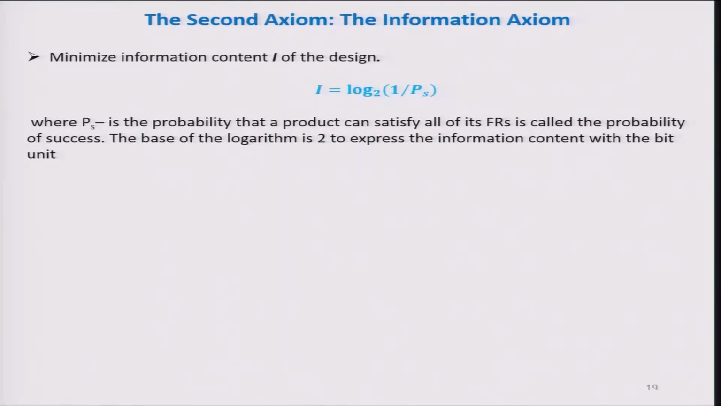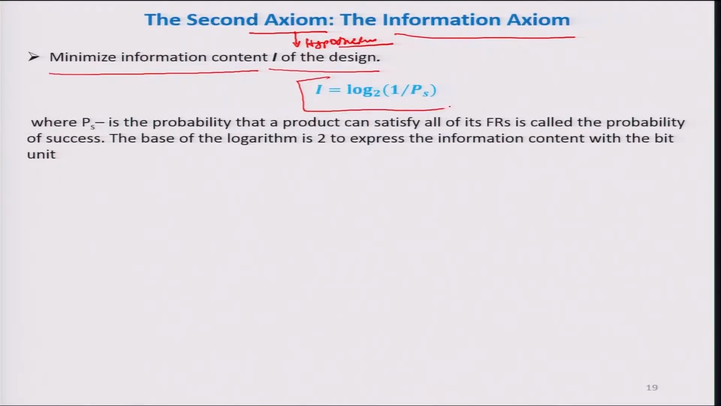Now earlier I said that if the number of designing parameters is more than the functional requirements, you will have to reduce your designing parameters, so that the design system will be a good design. So what is the second axiom? Axiom is a hypothesis. Here, what is the goal of the information axiom? To minimize the information content of the design. Mathematically it is represented as I equals log base 2 of 1 by PS,